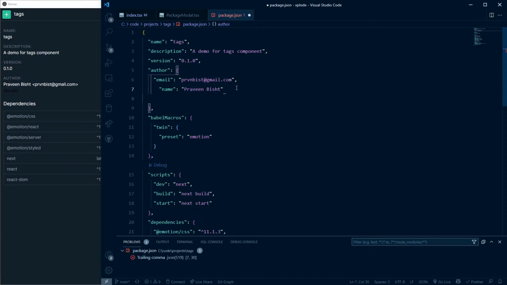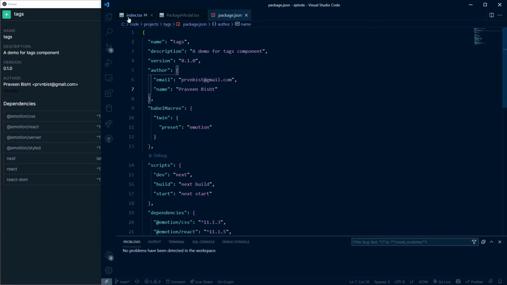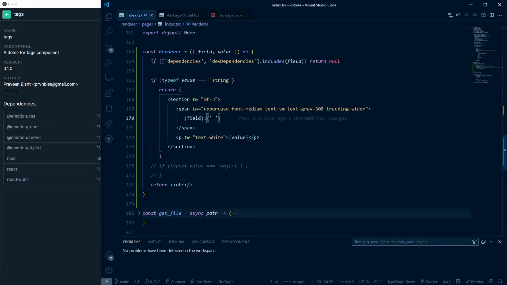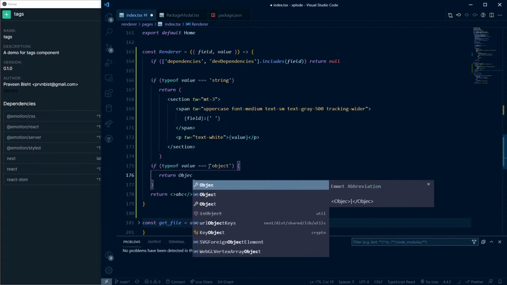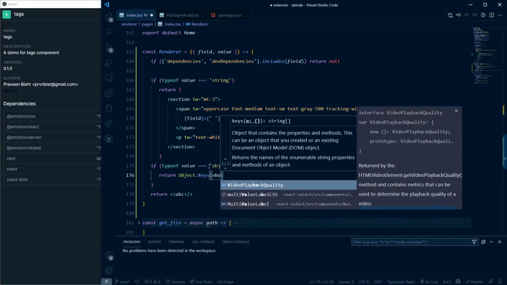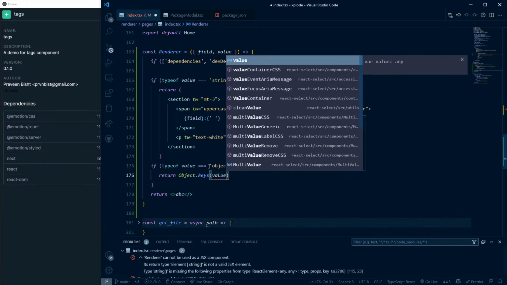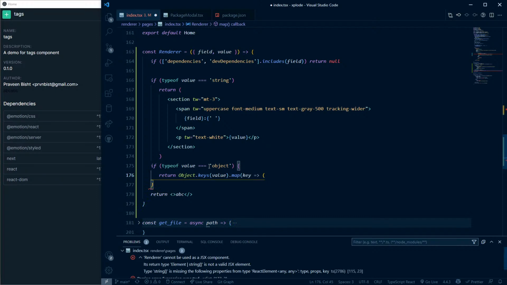No, we don't need to. So let's have this, and we'll render a table if it comes to an object, for example. So we'll do our value, Object.keys over value, and we want to map